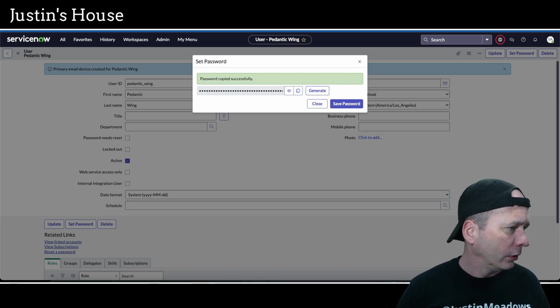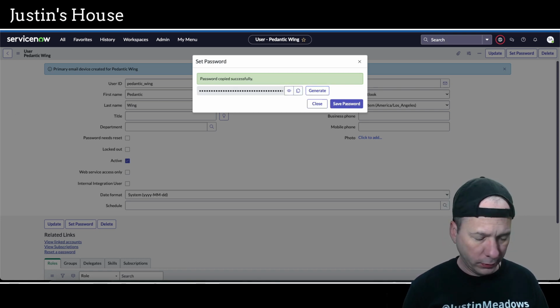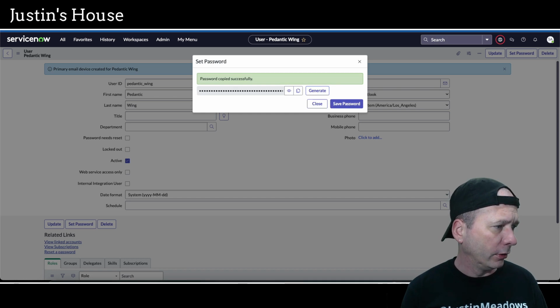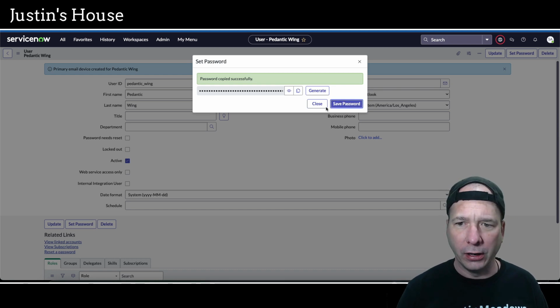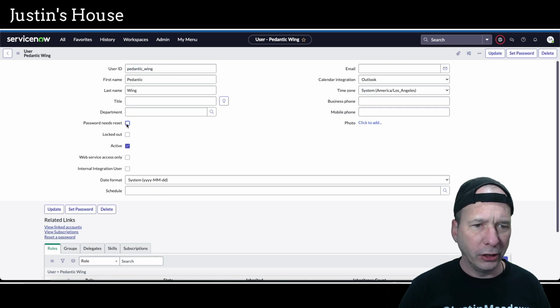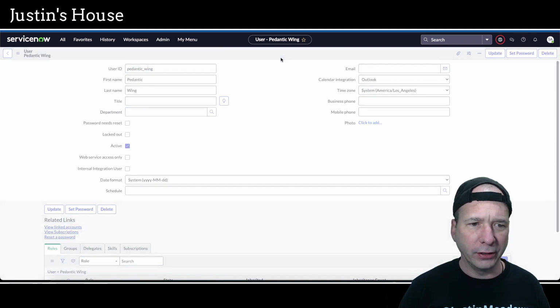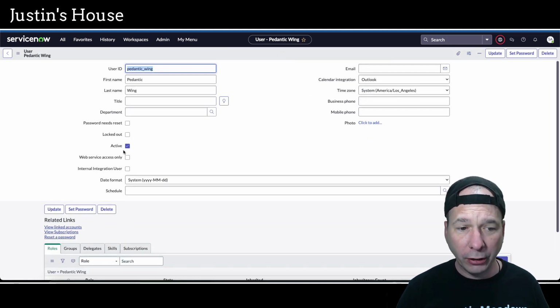Alright, so new mid server password, and that's okay, it's going to be another new one, and that's fine. I'm going to show you how I deal with this on my container. So there, I've got my password in there. I'm going to uncheck password needs reset. I'm going to save it again, and then the last thing I want to do here is assign it a